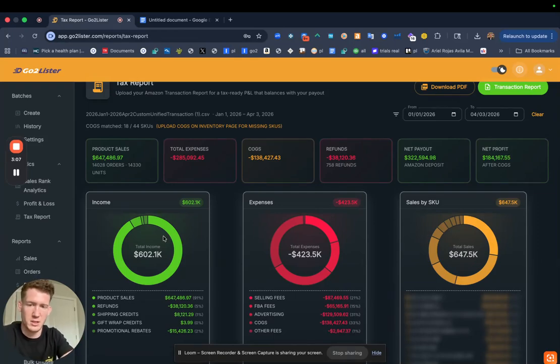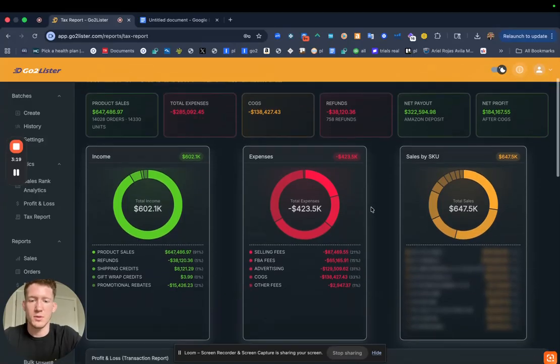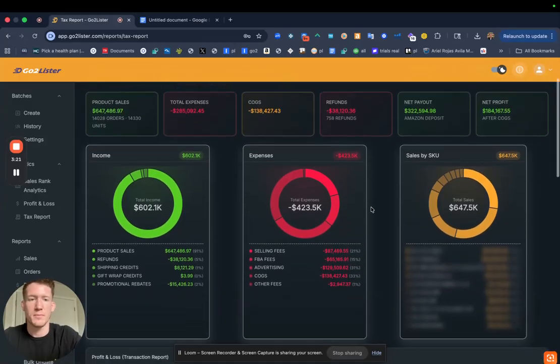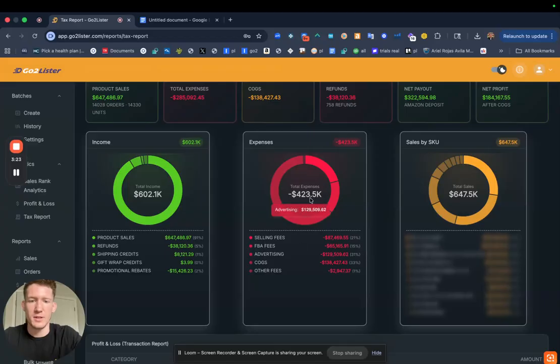That's what's going to make this report work. And for all my new people who are just going to get the GoToLister free trial and then cancel in a few days, you just want that report for Uncle Sam, I'll show you a simple solution too. Okay. So what we're going to do here is scroll down and you can see a 100% accurate breakdown of